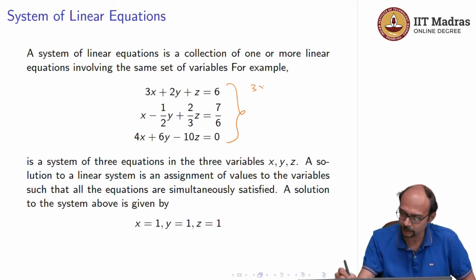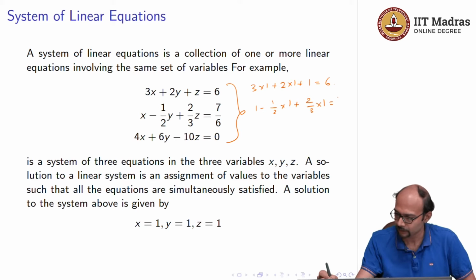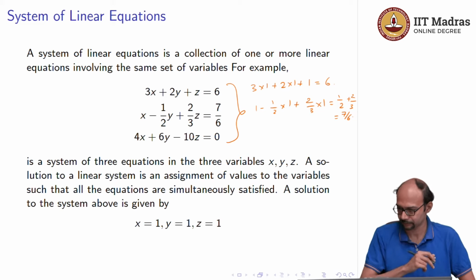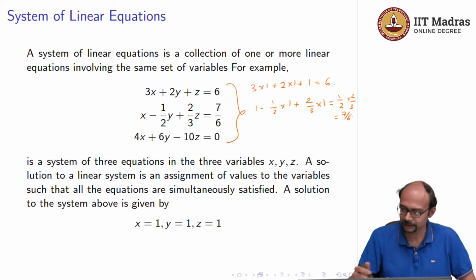Let's check that. 3 times 1 plus 2 times 1 plus 1 is indeed 6. 1 minus half times 1 plus 2/3 times 1, that's 1 minus half plus 2/3, which is indeed 7/6. And similarly 4 times 1 plus 6 times 1 minus 10 times 1